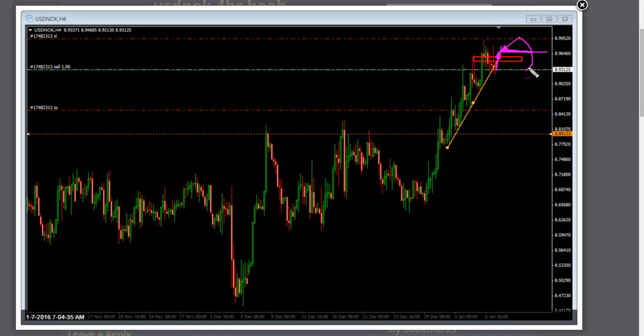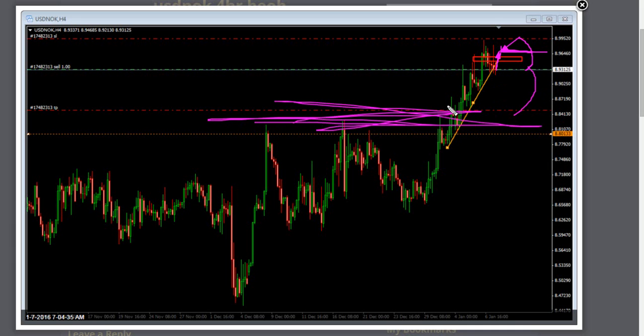Now, initially I set a take profit down here, right near the big round number of 8.85, just above this resistance area, which it has a good chance to get to, but I often will move my take profits too based on information that comes into the market, based on how I'm feeling about the trade and the situation. So again, dynamically, initially it looks like, okay, my risk is 3% and my initial take profit will take me here and I'll gain, I don't know, 6% or a little bit under 6%.